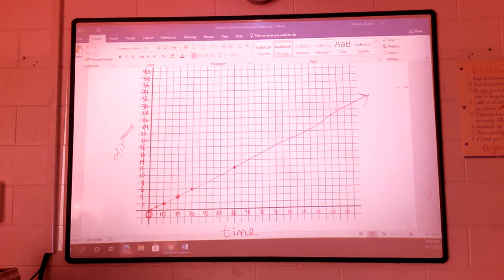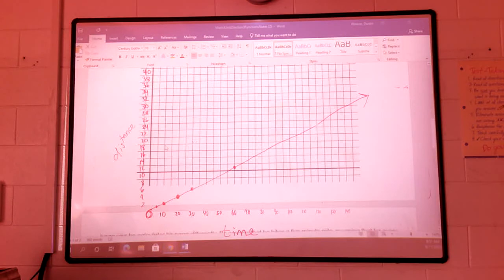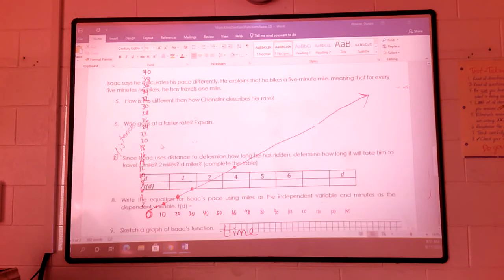So what we have to look at now is on the second page, we're going to have to make a second graph, which is going to take us a little bit more to finish this, but it's not going to be extremely hard. But we have to make a second graph. So the second one, let's scroll down, and I'm going to erase this one off the screen for you. But it says